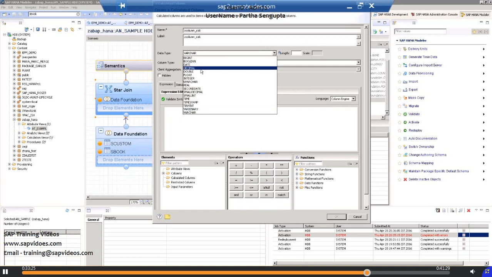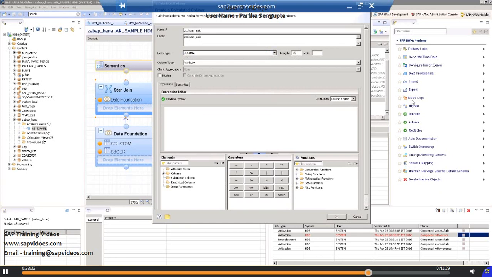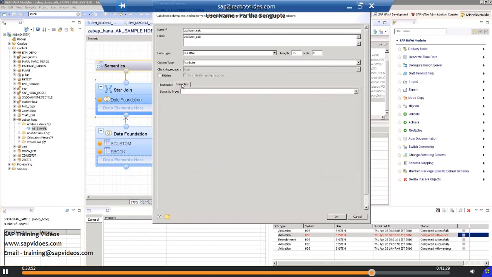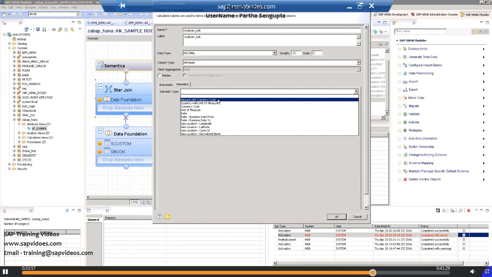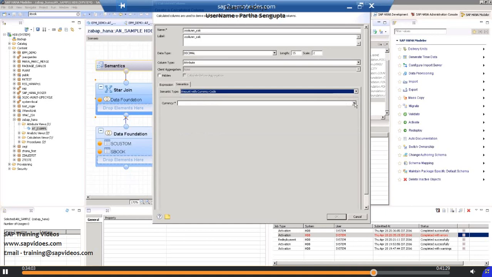I'll be giving a decimal, with length around 15 and a scale of 2. And I will give some expression here. To give the expression, I have to select the column on which I want to perform calculations. Since this is my measure, I'm selecting this. Then if I go to semantics, I can select the semantic type as well. If I wanted to change it to amount with currency, I can select amount with currency. I can give the currency